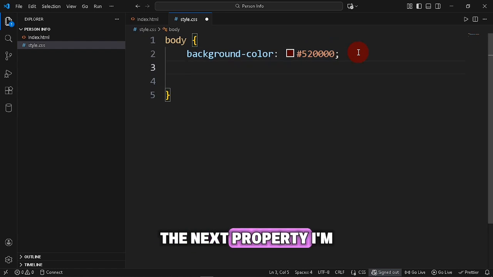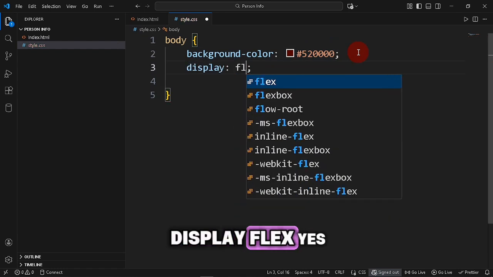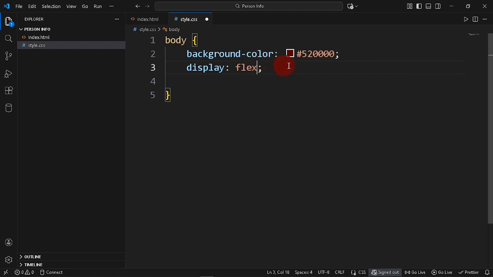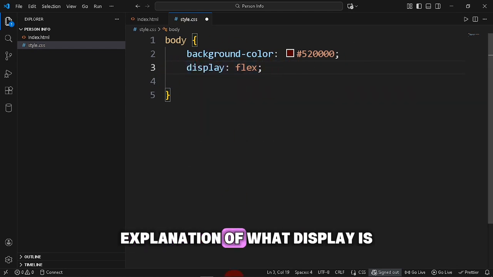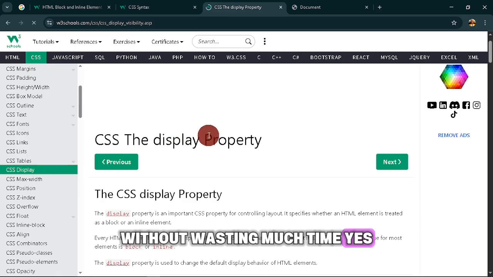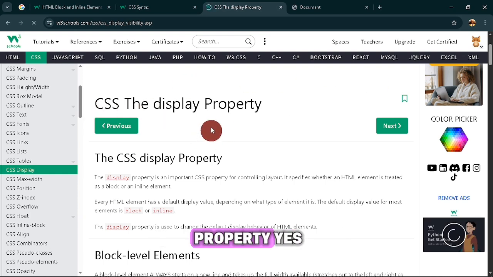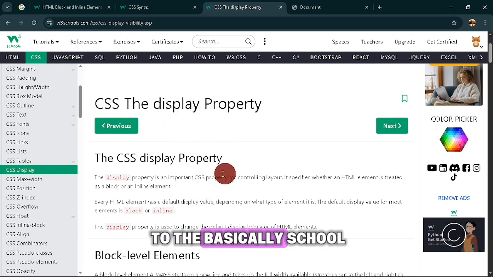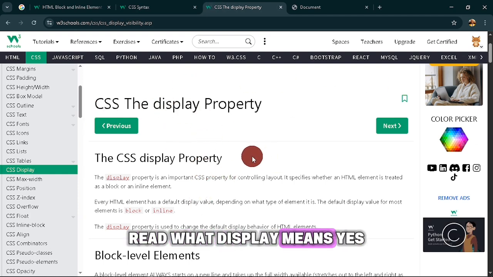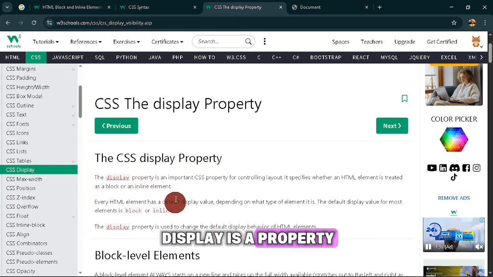So the next property I'm going to use is display. Yes, I'm going to say display flex. So for the sake of this tutorial, let me just give a brief explanation of what display is. Without wasting much time, you come to W3 School, CSS, the display property. You can read what display means. Display is a property